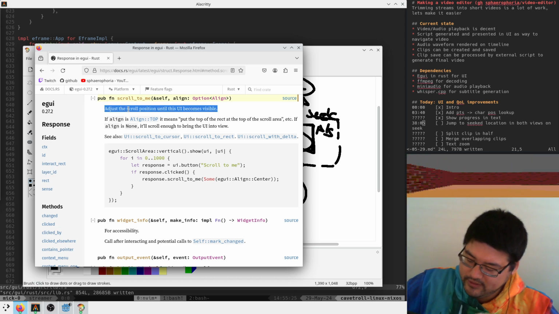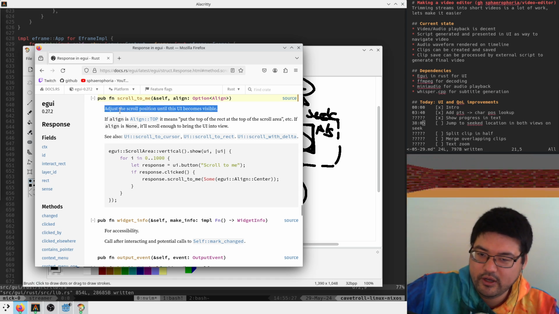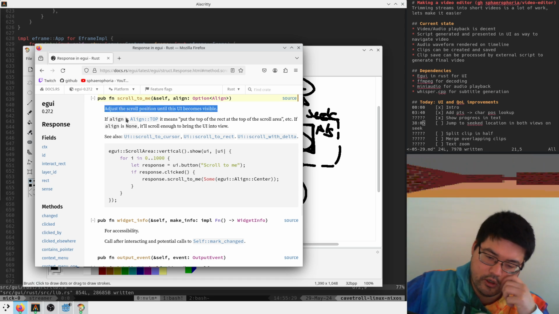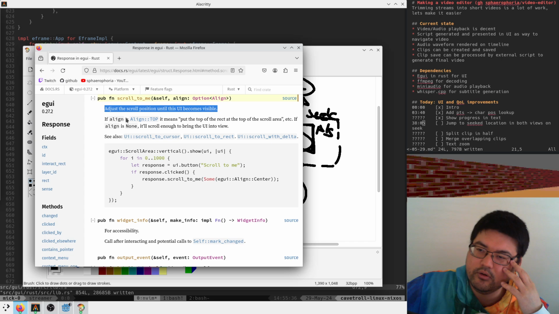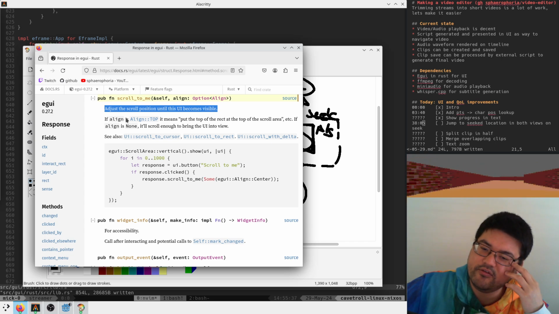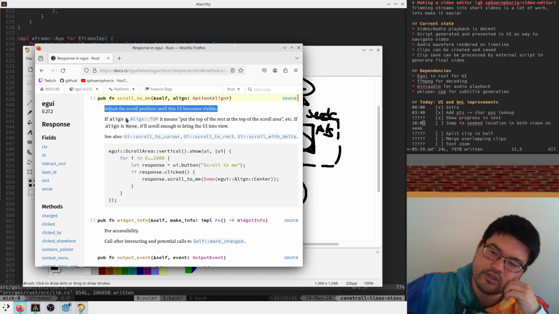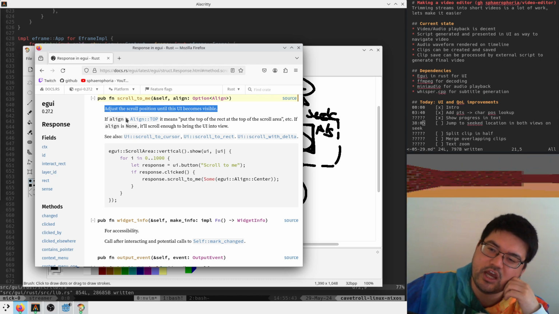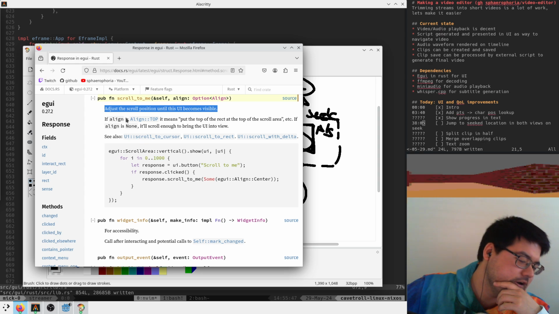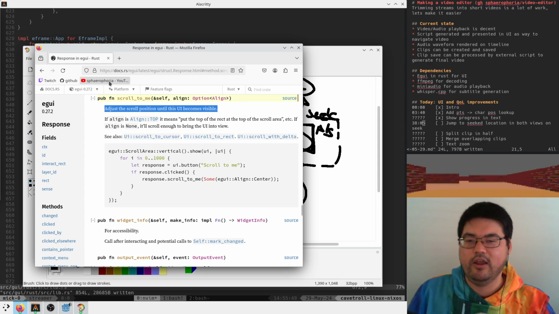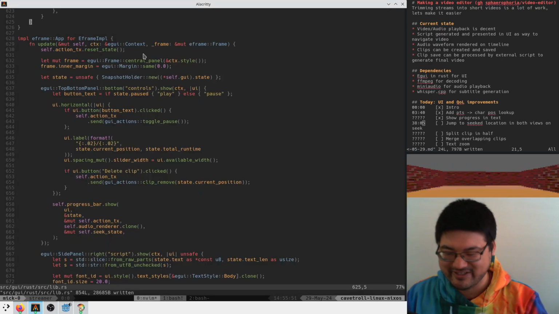Which will work in the text view because we're using a scroll area. But I guess this won't work in the non-text area because we're not using a scroll view. I guess we could have not done all of this, actually, and just typed scroll to me on the scroll area response. We could just have